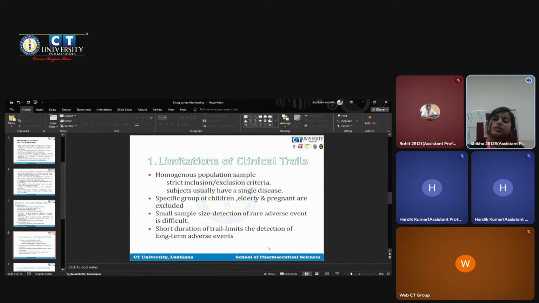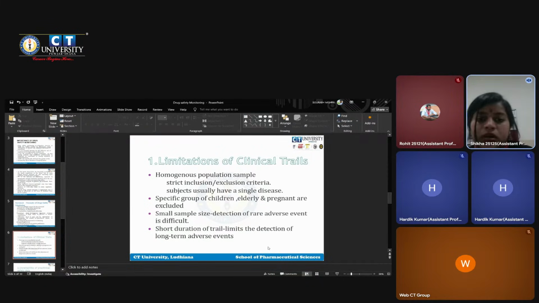Exclusion criteria means the people who are not allowed in your research, who are exempted from the research. Suppose there is a test or a research going on drugs used for the liver, like